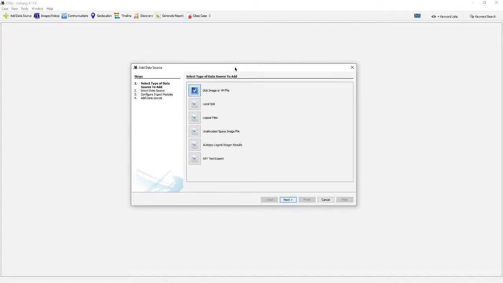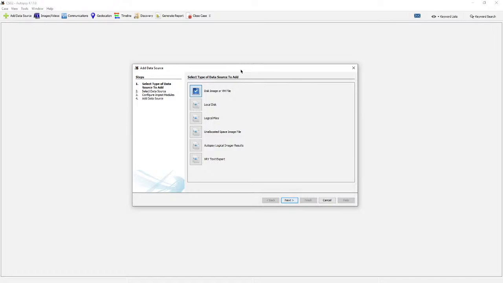So after you have the case set up, they prompt you to select the type of data source, the storage that you want to analyze. So if you have an image or a virtual machine file, you want to select this. If you have something physical like a USB drive that you have plugged in or a hard drive, you want a local disk. You also have options for logical files and unallocated data. So for this demonstration, I have an image of a USB drive, not a USB drive, an image of it. So this is what I want to select, and then hit